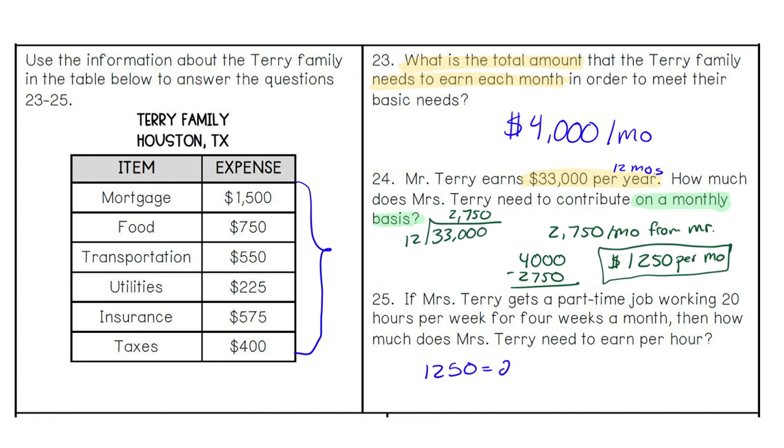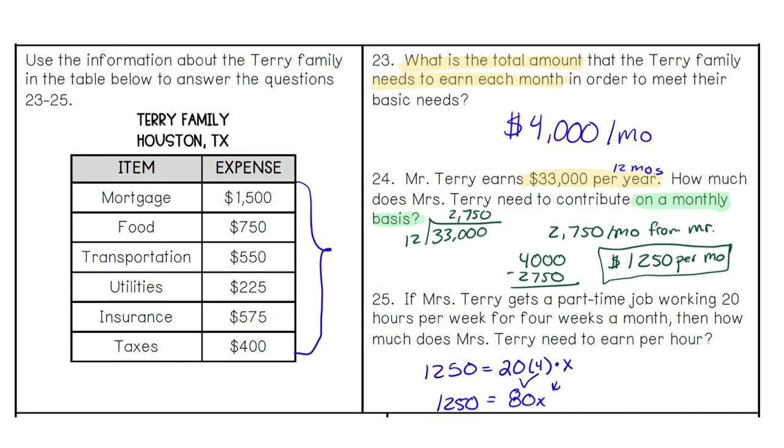So she's working 20 hours per week, and I'm going to times that by the 4 weeks she's going to work. And then I'm going to times that by X because I don't know how much she needs to make an hour. X is going to be how much she needs to make an hour. So we'll go ahead and do some math here, and we will solve for X, which is going to tell us how much she needs to make every hour in order for it to equal 1,250. So 4 times 20 gives me 80. I'm going to bring down my X. 80X equals